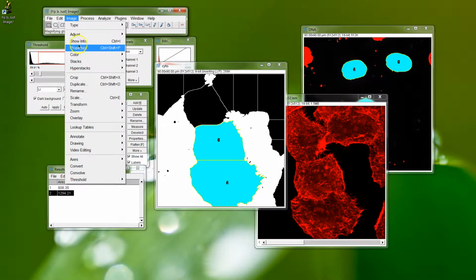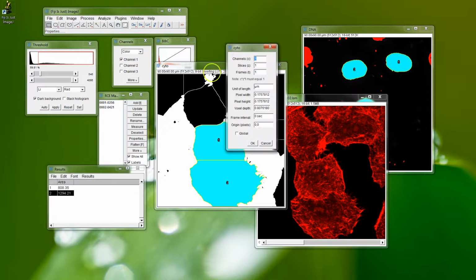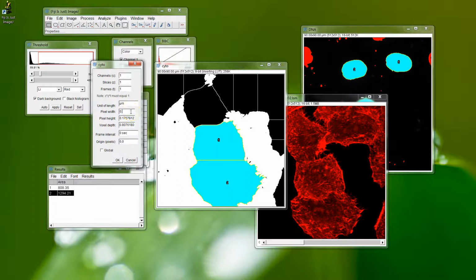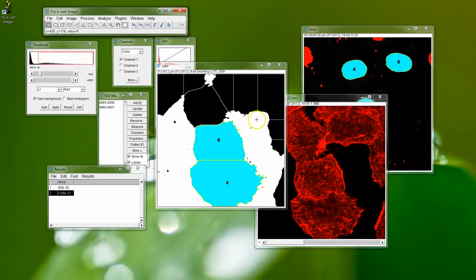But if you go up to the properties, I always get these two mixed up, properties and information, you can see it's got the pixel widths in here in micrometers, so it knows what they are. If I were to do the control, if I change these back to 1, and we don't care too much about the voxels and the depth, we're not looking at the Z in this case, and 1. So now this image is 512 microns by 512 microns, so I've screwed with the scale,